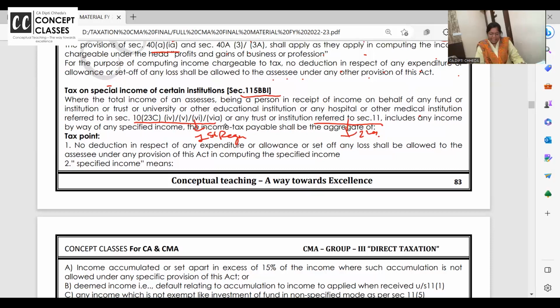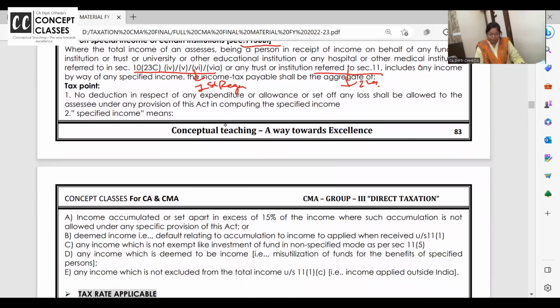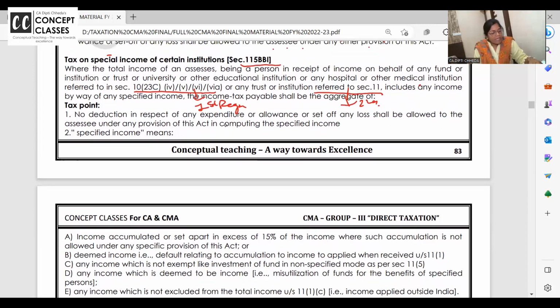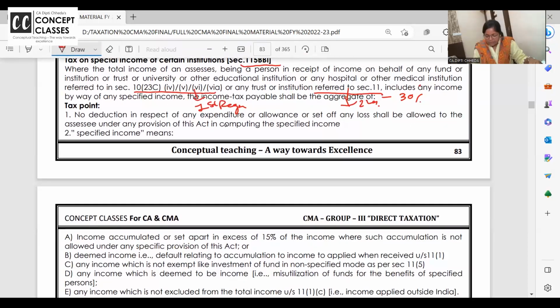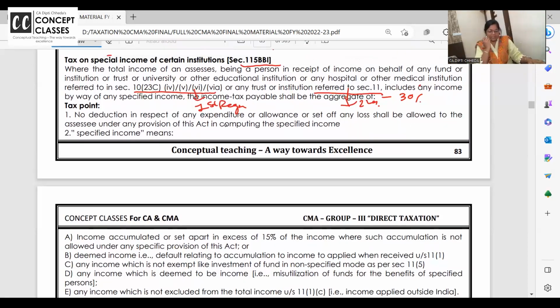It includes any income by way of specified income, and income tax shall be the aggregate of, one second, income tax will be the aggregate of, that is correct. No deduction will be allowed. Oh, a word is missing. It should be the aggregate of income at the rate of 30%. Which income? Specified income.